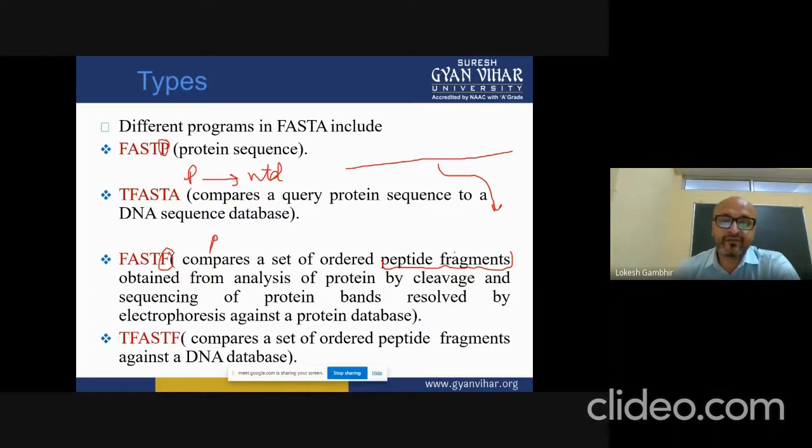So the bands or the sequencing bands that we get in electrophoresis, those small bands can also be taken, sequenced, and used for alignments rather than going for the complete protein. And there is again an advanced set, TFASTA F, where we are matching the ordered peptide to the DNA database.